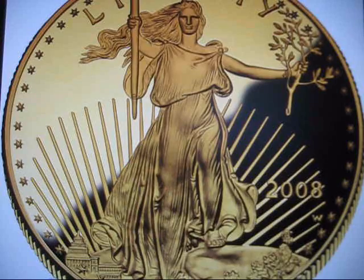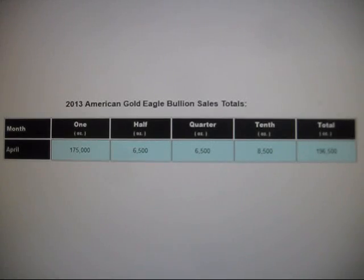The Gold Eagle is the world's most popular and well-recognized gold bullion coin, and an excellent gauge of the demand for gold by the average citizen. The U.S. Mint publishes their sales data for this coin and updates regularly, including today, April 24th, 2013. Here's the current month's data so far, showing number of ounces of full ounce, half ounce, quarter ounce, and 10th